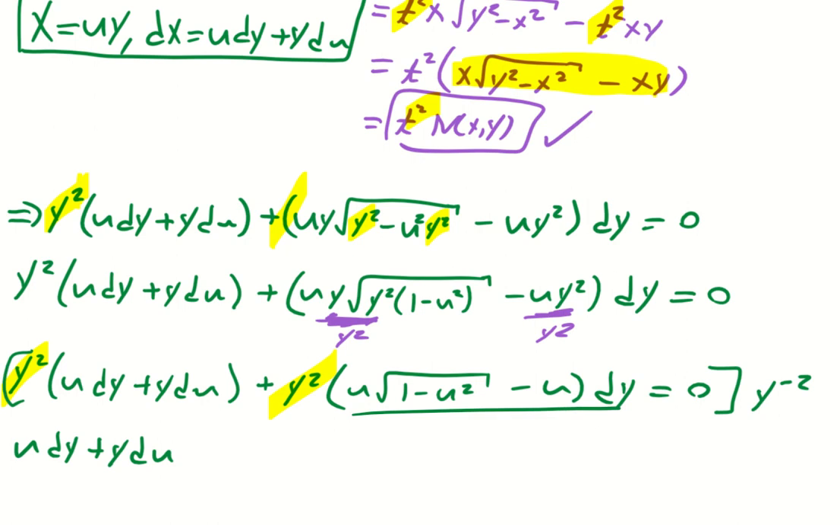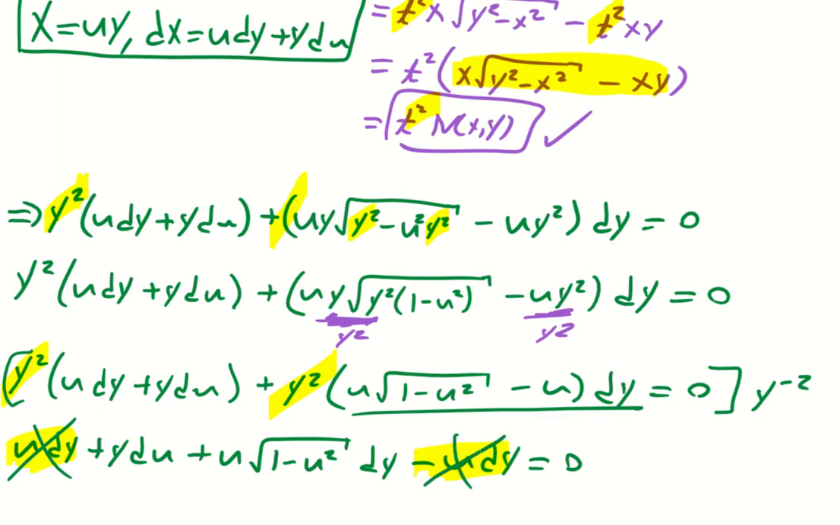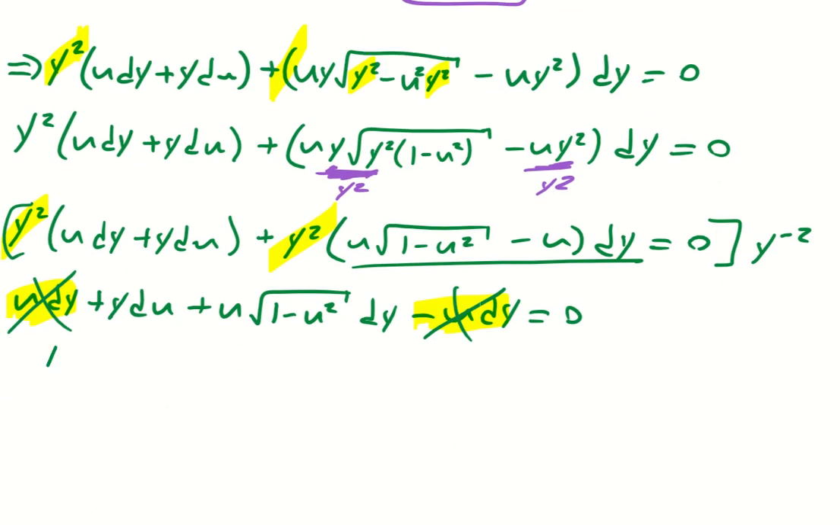And let's distribute this out. Let's expand that. So we have plus u times the square root of the quantity 1 minus u squared dy minus a u dy is equal to 0. We have a positive u dy. We have a negative u dy. So that's nice. That goes away. And now we have y du plus u times the square root of the quantity 1 minus u squared dy